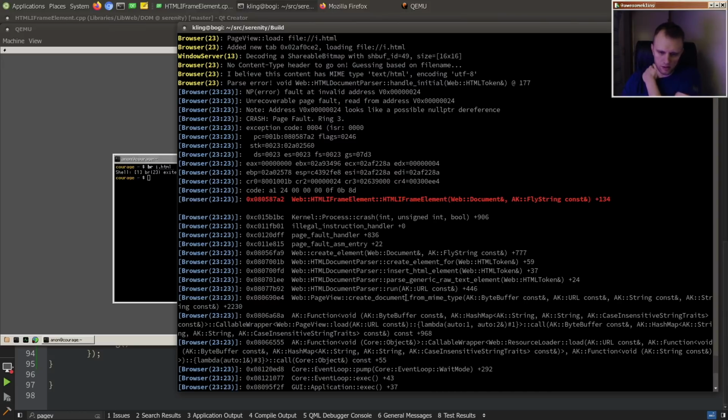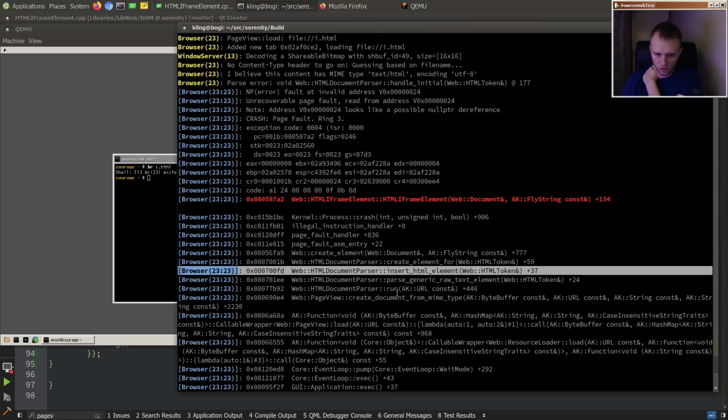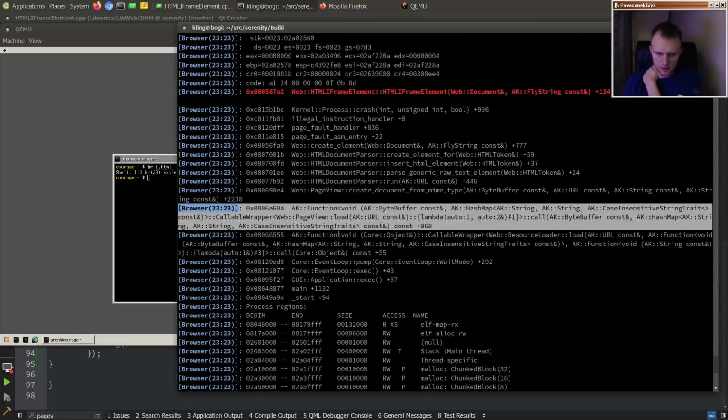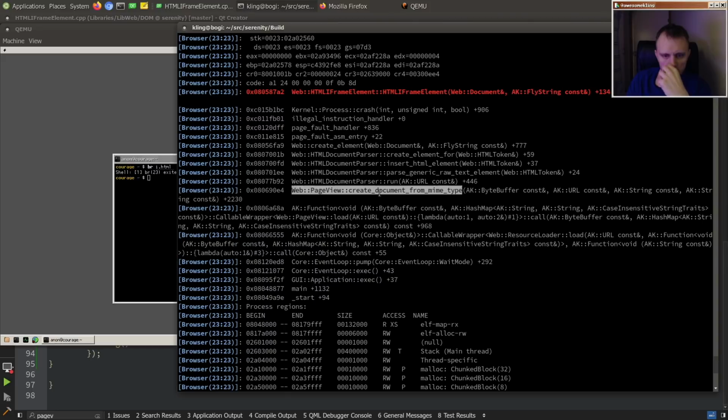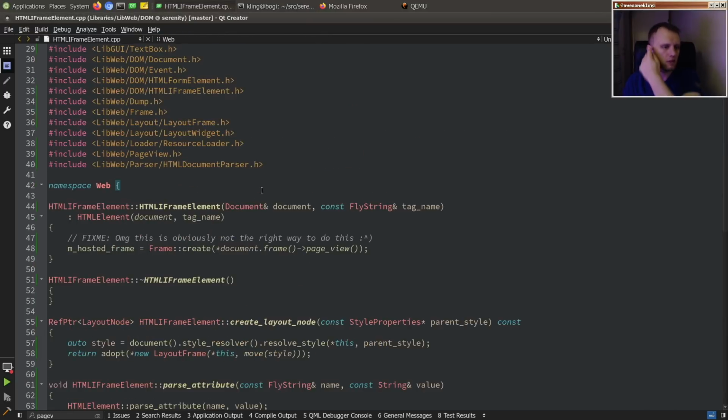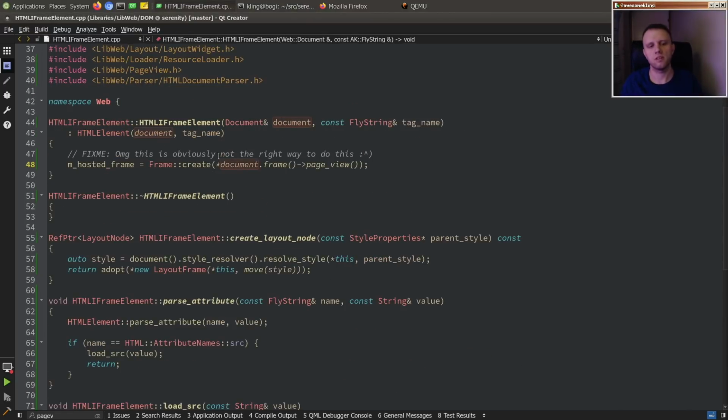So we are, hold on, what is this? This is the iframe page view load, create document from MIME type. Iframe element constructor is messing up. Oh shit. This thing here, right,